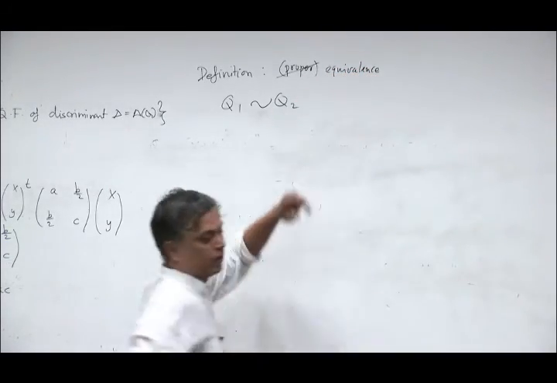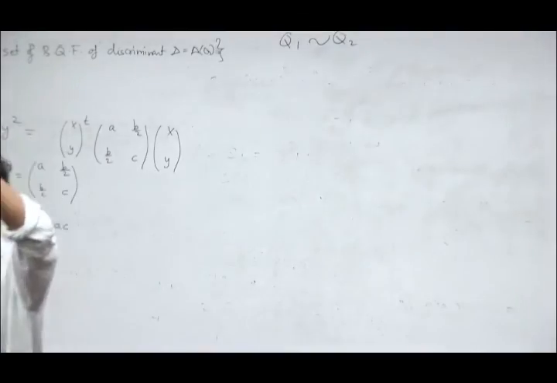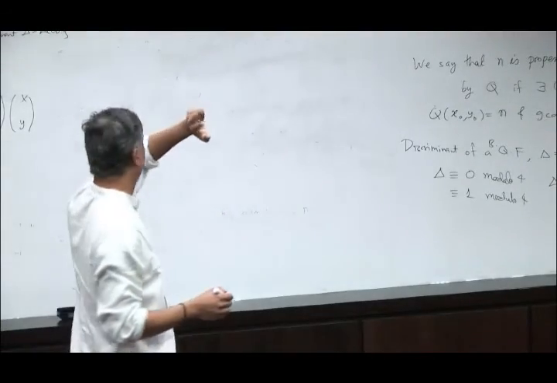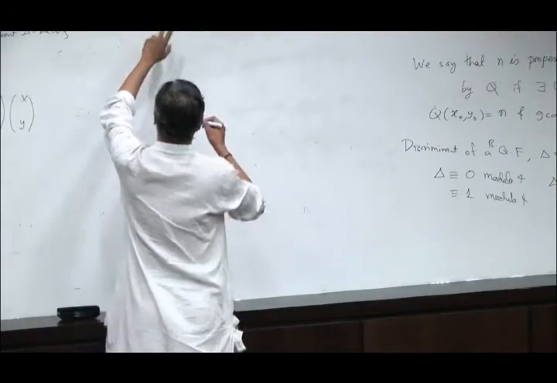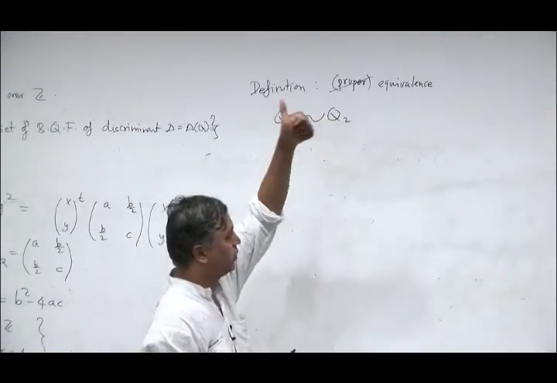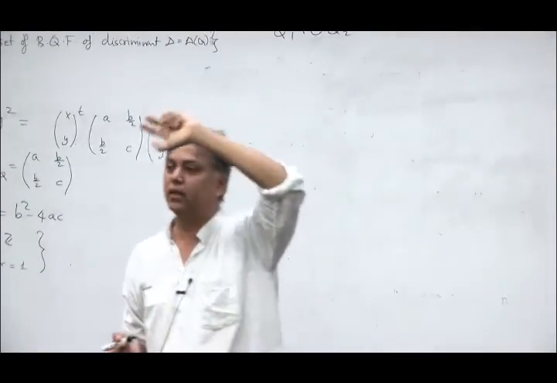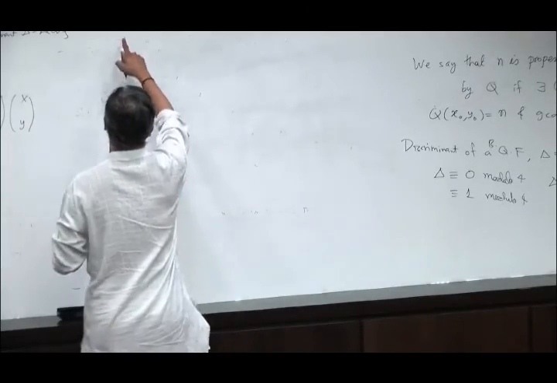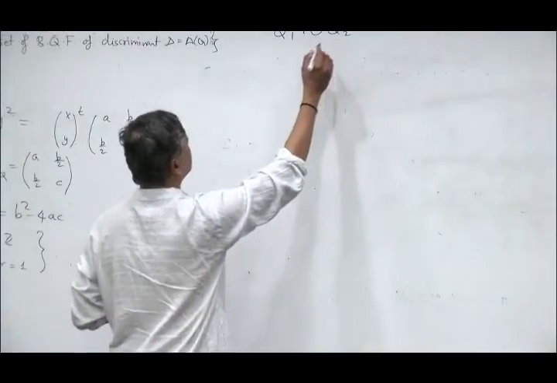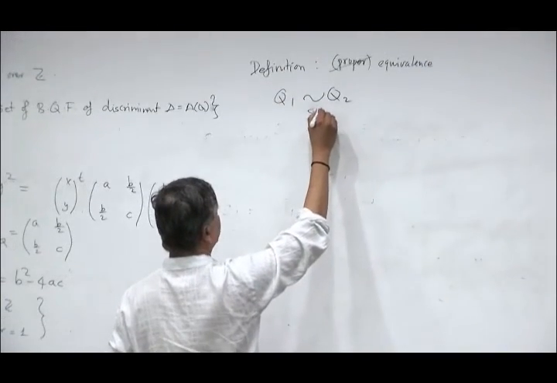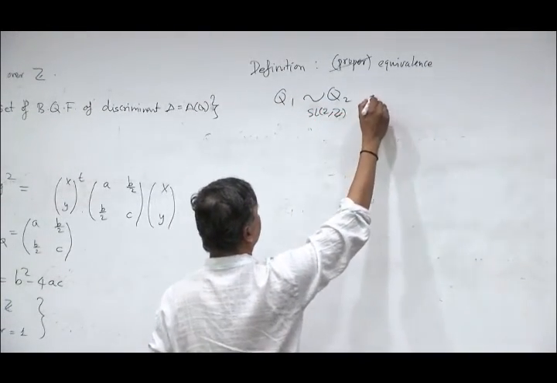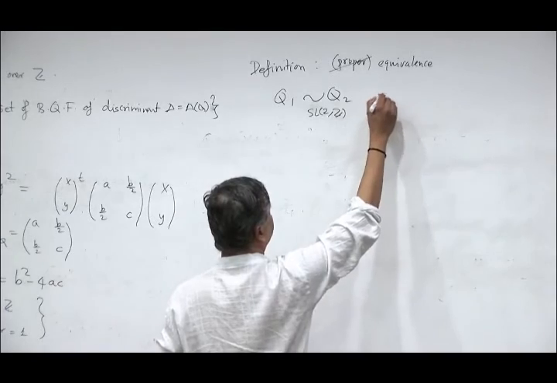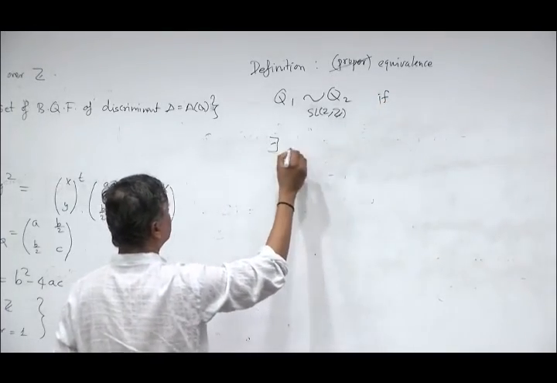He calls this proper because before that Legendre and Lagrange used proper and improper equivalence. Gauss realized that concentrating on only proper equivalences is a better idea because it gives you a group. So q1 and q2 are two quadratic forms, they're equivalent under SL2(Z) by definition if there exist